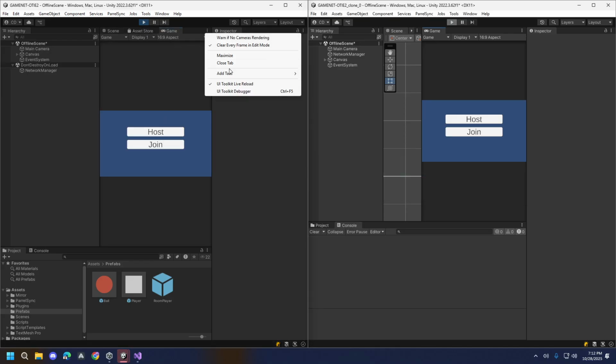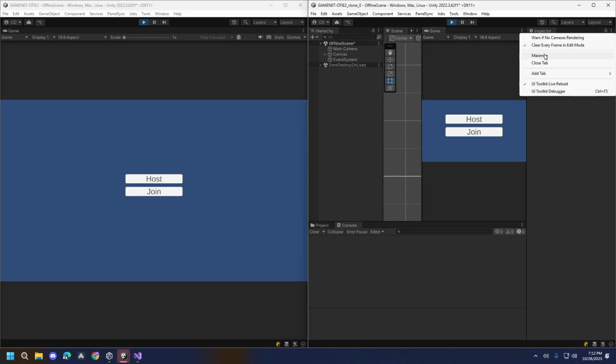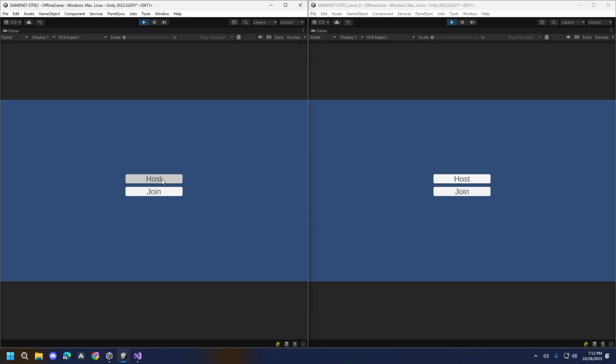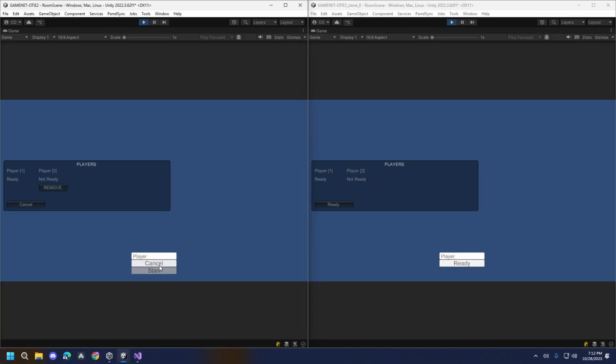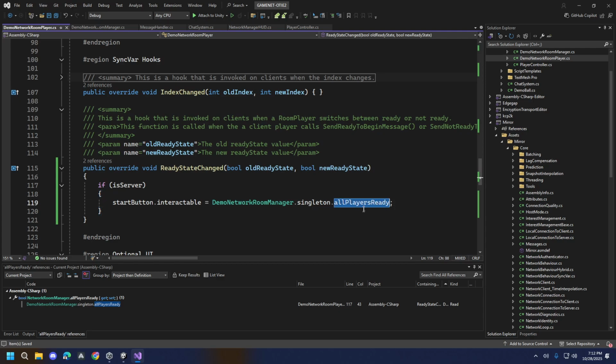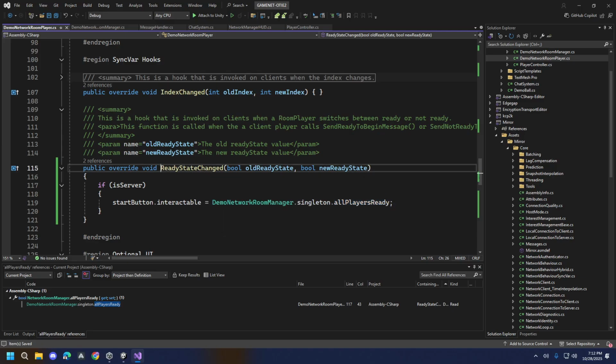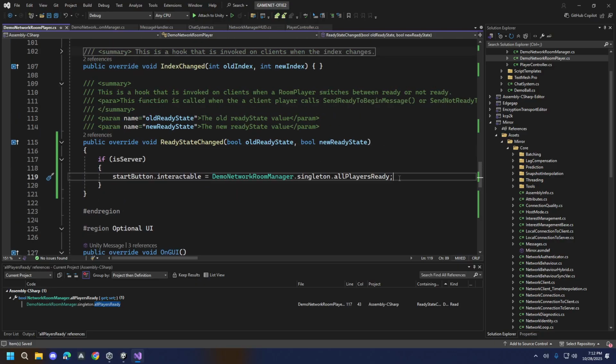So now we're okay with the ready and start game. I should have made it initially as not interactable. So ready, ready. Okay, that's a problem, because it means all players ready is changed only after ready state changed is called. So what I can do is